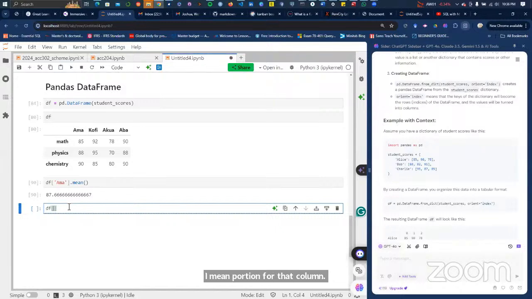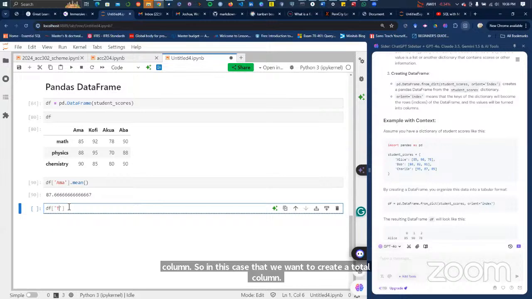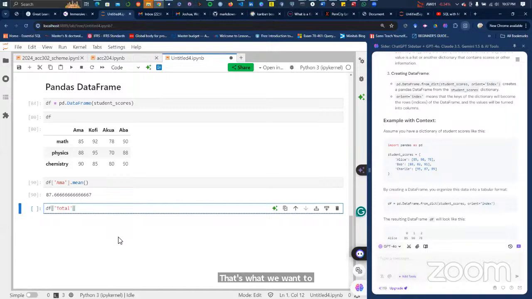If it doesn't find anything, it interprets it as you want to create it. So if what you supply is capable of creating that column, it will create a column. In this case we want to create a total column, so we will just pass total. So it will search for total in the column headings. If it doesn't find it, then it creates it.